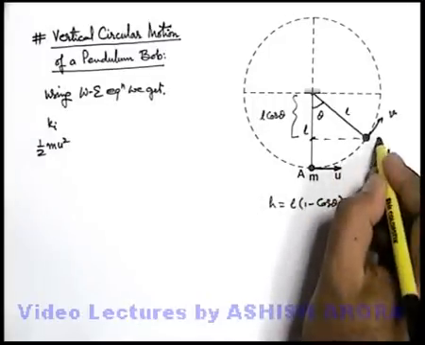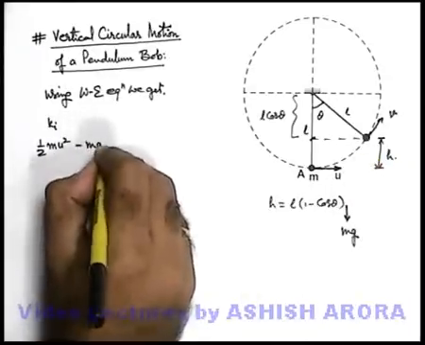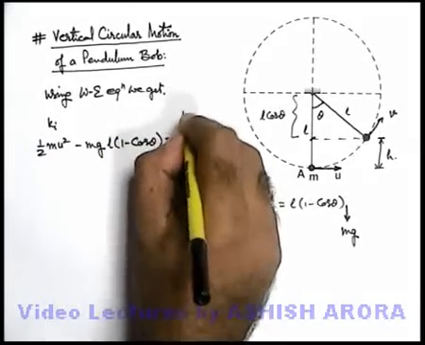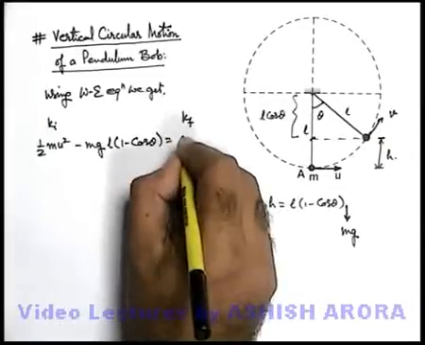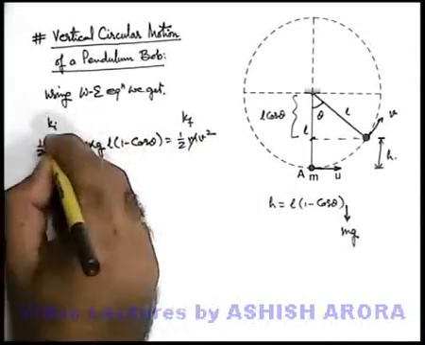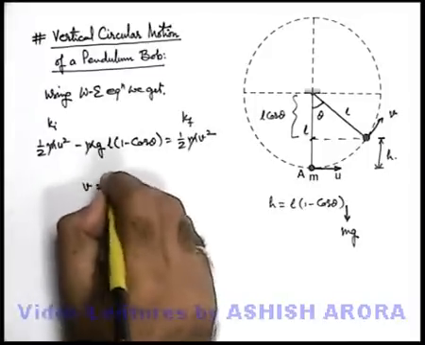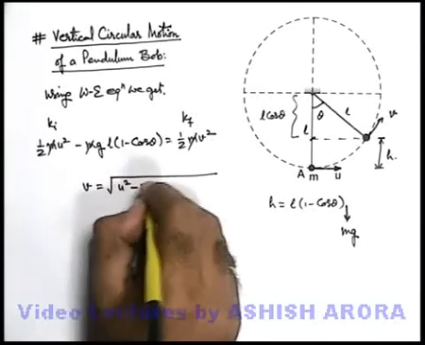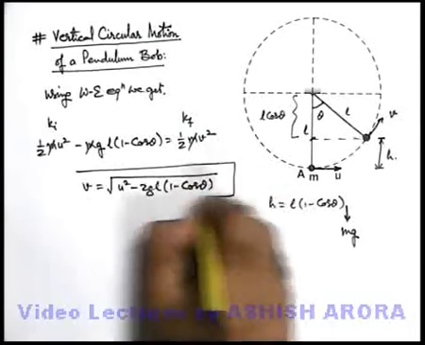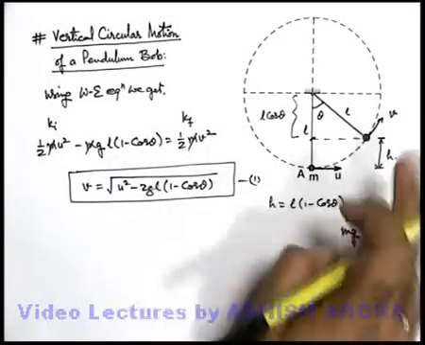So if it is raised up by a height h, gravity is doing negative work on the bob, so we can write it minus mgh. H we can write as L into 1 minus cos theta, is equal to the final kinetic energy of bob at the angular displacement theta, it is half mv square. Now in this situation, this m gets cancelled out and we can get the value of speed of bob at an angular displacement theta, which is root of u square minus 2gL into 1 minus cos theta. This is our equation number 1 and a very useful equation for various analysis related to vertical circular motion of